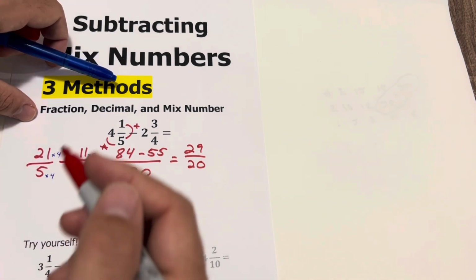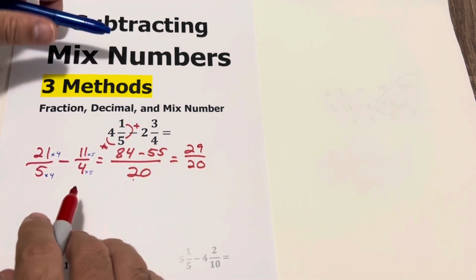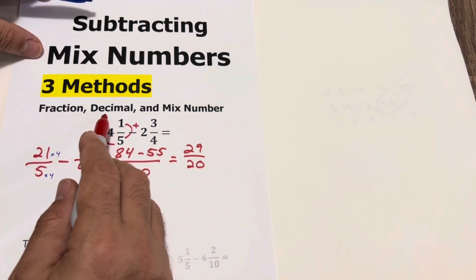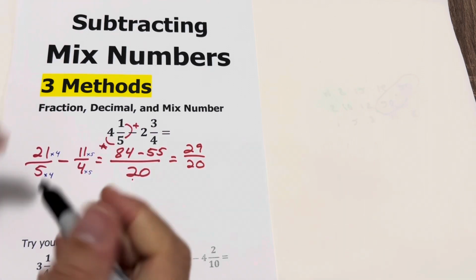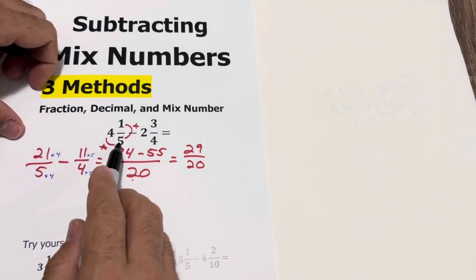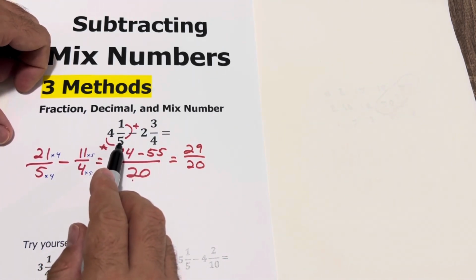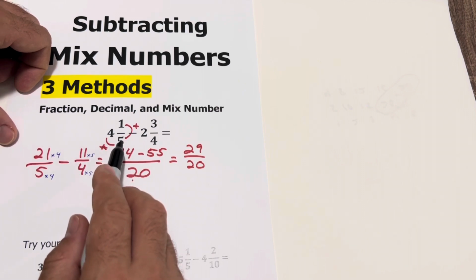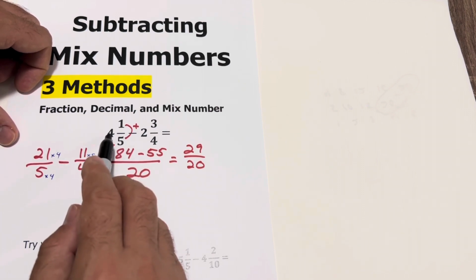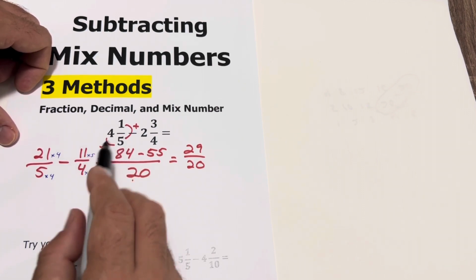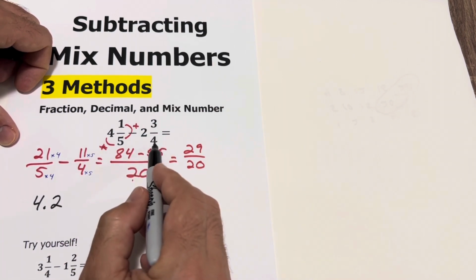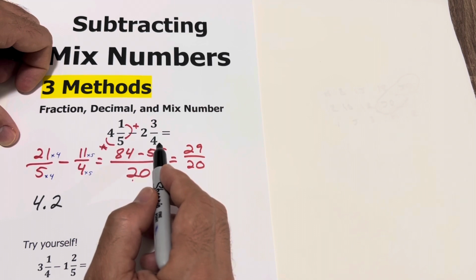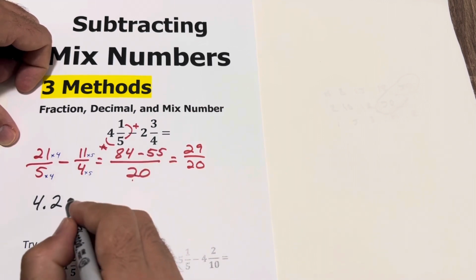Okay. So let's do it now as a decimal. Second method. Let's do it as a decimal. What I'll do is the 1 over 5, I change it to decimal. 1 over 5 is 0.2. So basically 4 and 1/5 will be 4.2. And 3 over 4, that's 3/4. 3/4 is 0.75. So minus